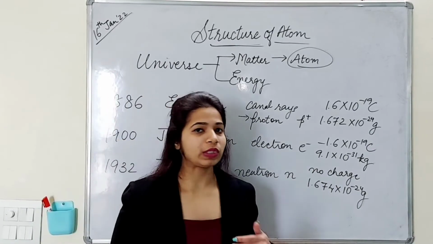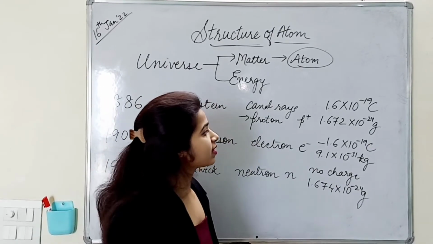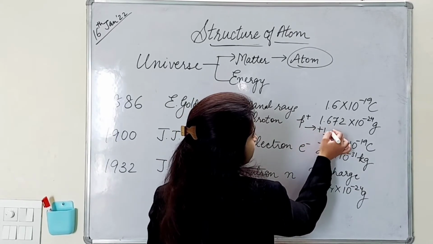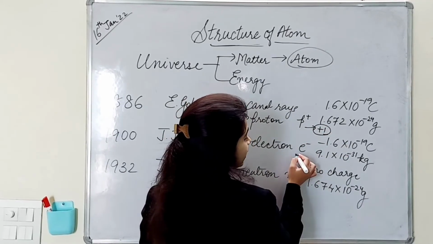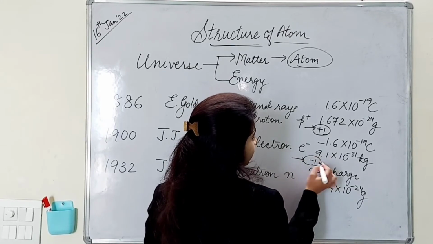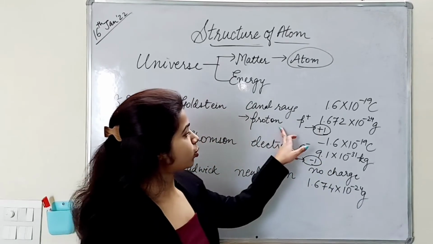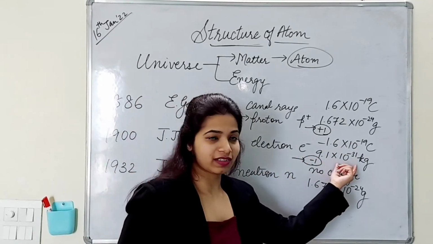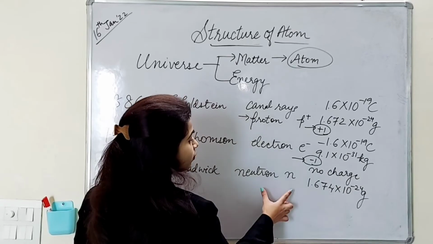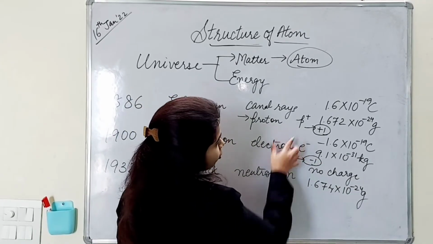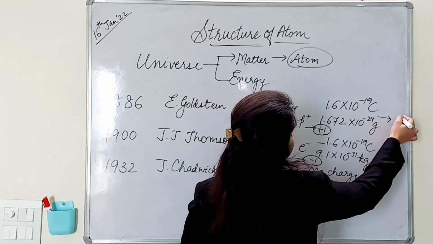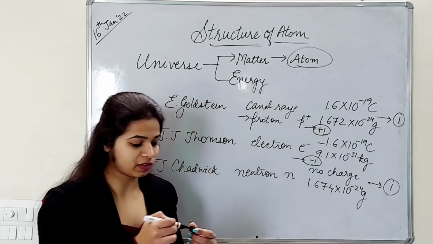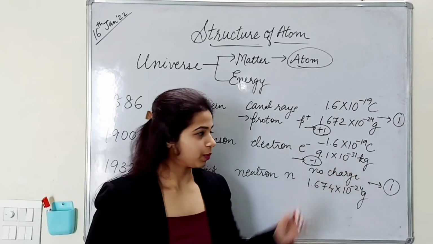So in general, when we do computations and all, we consider the charge of one proton as +1 and we consider the charge of one electron as -1. The mass of one proton is taken to be 1 unit, whereas the mass of electron is considered to be negligible. And also the mass of neutron is almost similar to the mass of proton. So they are both taken as 1 unit. Whereas in case of electrons, we do not consider the mass because it's almost negligible.